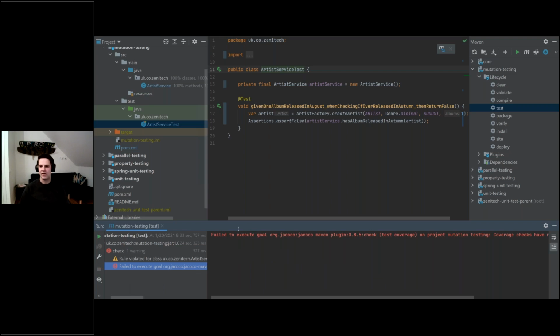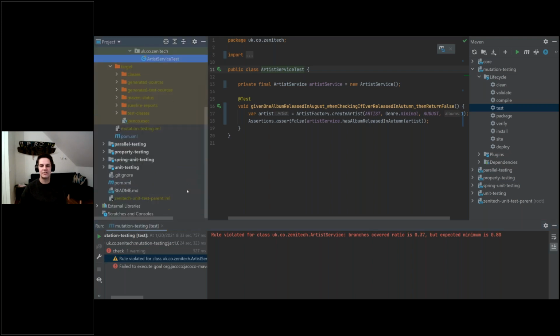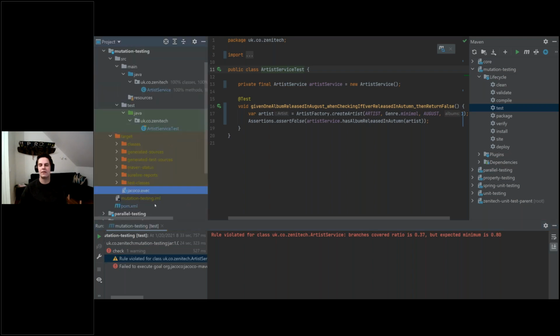Yes, now we see we have errors. So if we go here and see what is happening, we see that our artist service has a branches coverage ratio of only 0.37, but the expected minimum is 0.8. So if we want to check, this is the file that is created by Jacoco, but to see